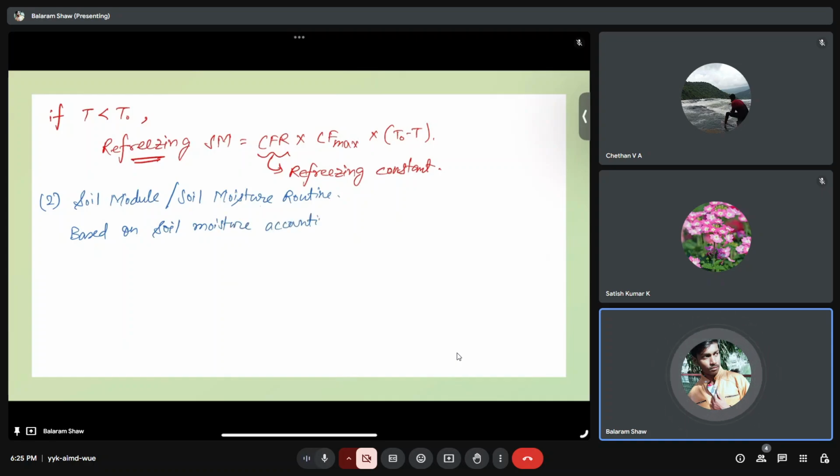So let's say how much soil moisture is contributing to the runoff and so on. So soil moisture storage will be considered as the key variable. If you have studied any irrigation subjects also, you will know that soil moisture